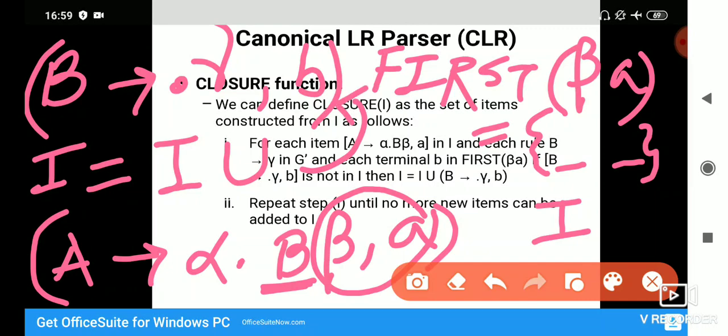So this is how closure is obtained, and as you can see in point number 2, we have to repeat this step number 1 until no more new items can be added to I. So till you are getting new items, you will be continuing to add them in I.